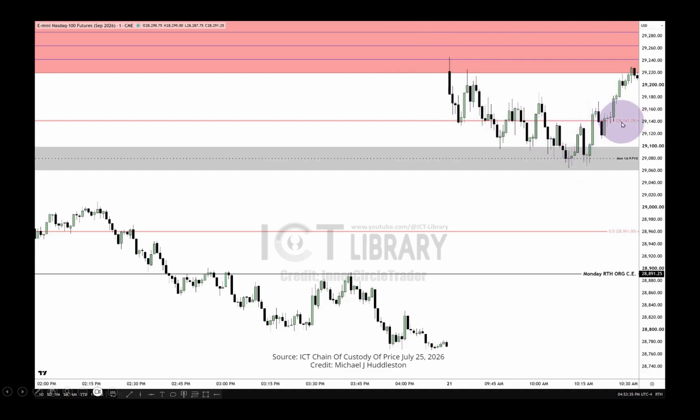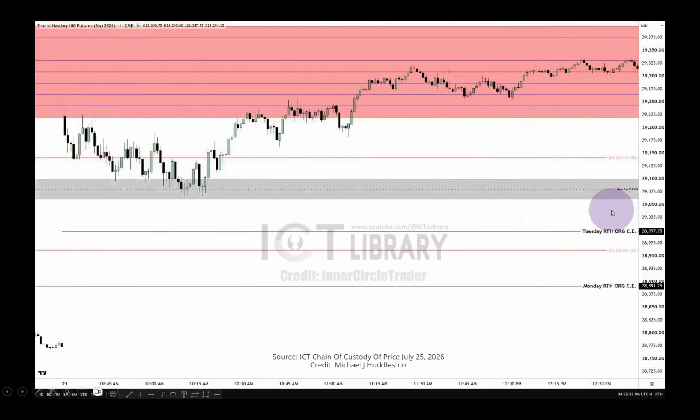Then we're using that daily discount wick's consequent encroachment, the higher one. This is the lower one on the daily chart. It trades all the way back up to the low of the daily SIBI from last Thursday. Again, it's that pink area. And here's the regular trading hours opening range gap and its consequent encroachment. So we have Mondays here, Tuesdays here. Moving towards the right a little bit more, we trade down into first presented fair value gap, rallies up,